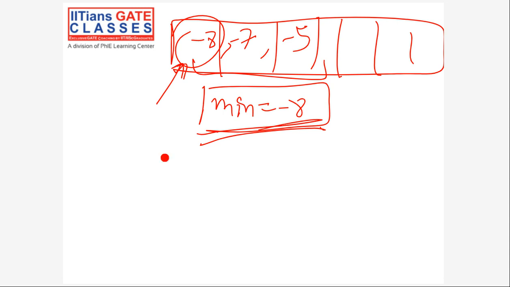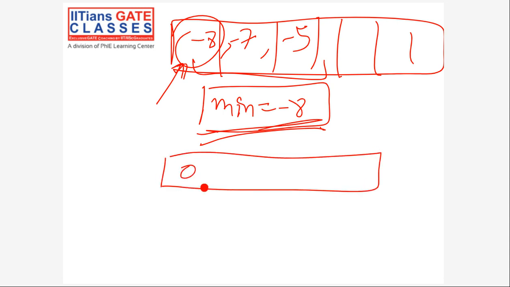That will make this 0, this 1, and this 3, and so on. Basically I convert all the values to positive, then write them in sorted order, and then subtract 8 from each value. So I will get my final answer.